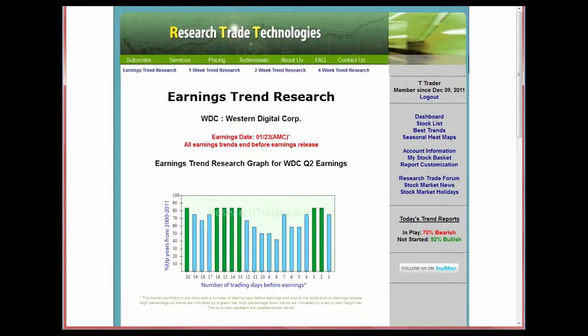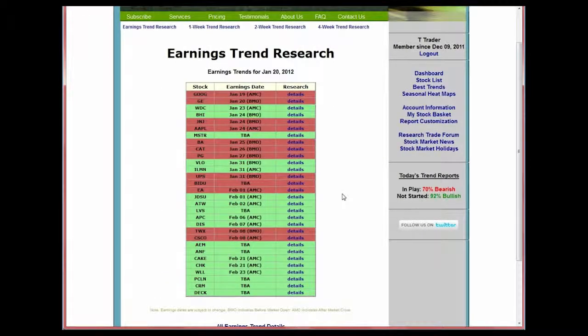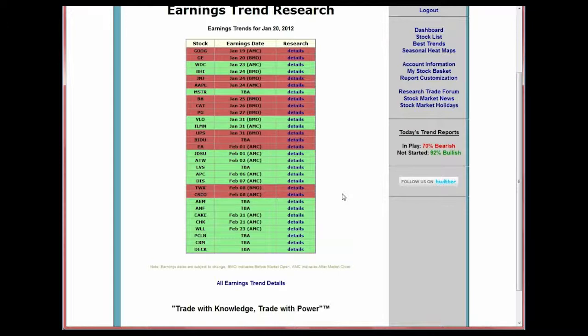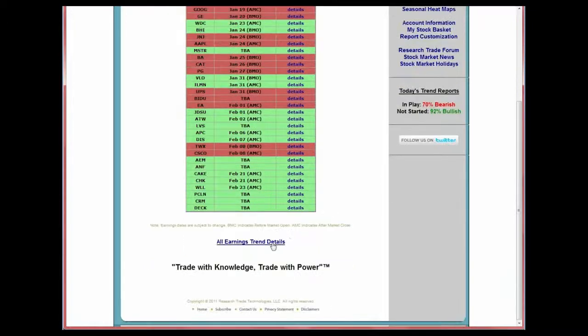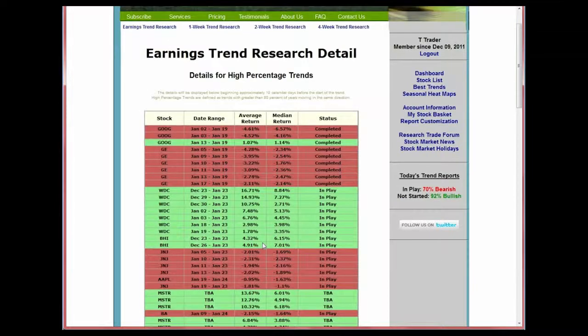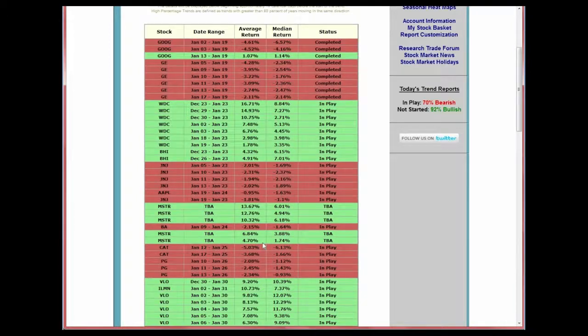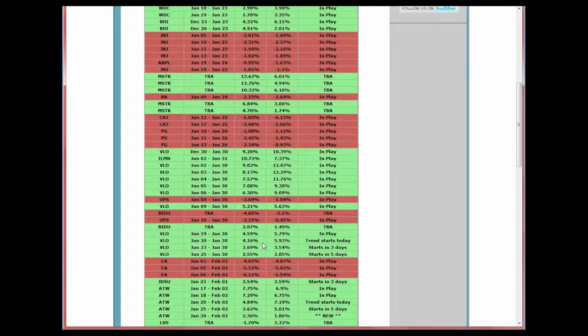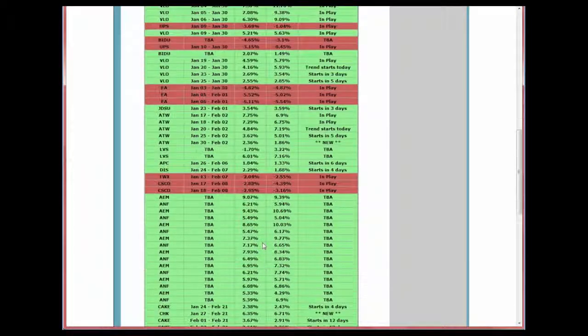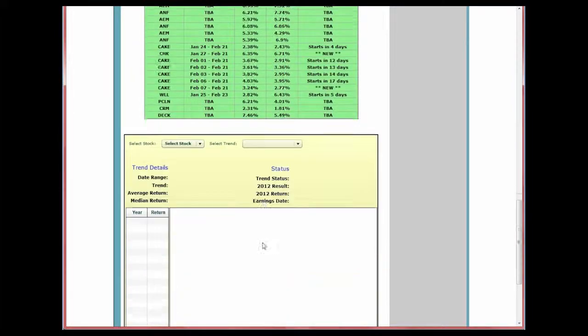Let's take a look at one more example. At the bottom of the Earnings Trend Research page, there is a link for all earnings trend details. Every current earnings trend is listed on this page, including multiple trends for some stocks. At the bottom of the page, we give you the ability to quickly change between all the stocks with current earnings trends. For example,